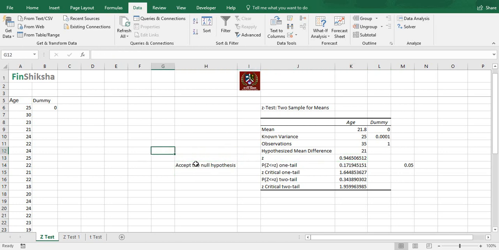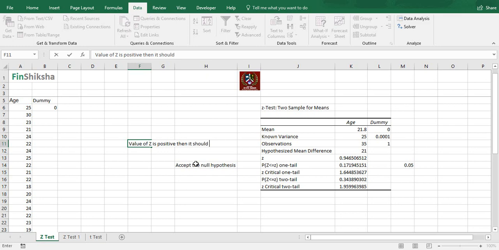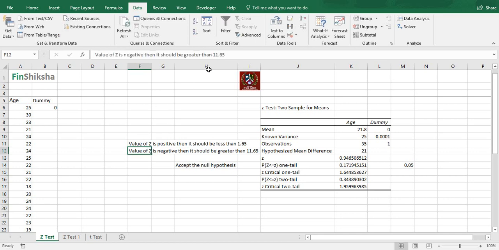So if the value of z is positive, then it should be less than 1.65, and if my value of z is negative, then it should be greater than minus 1.65. If these two conditions do not satisfy, as in the previous example where it was minus 3 point something, in that case we can directly reject the null hypothesis. Over here we can accept the null hypothesis.